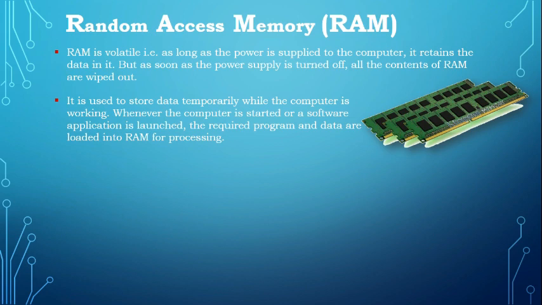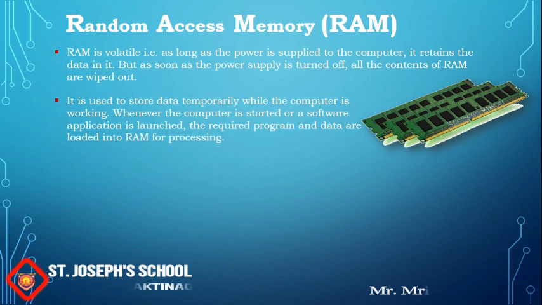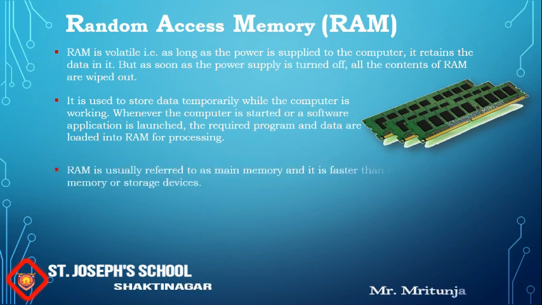And this RAM is used to store the data temporarily while the computer is working. So whenever the computer is started or a software application is launched, the required program and the data are loaded into the RAM for processing. RAM is usually referred to as the main memory, and it is faster than the secondary memory or the